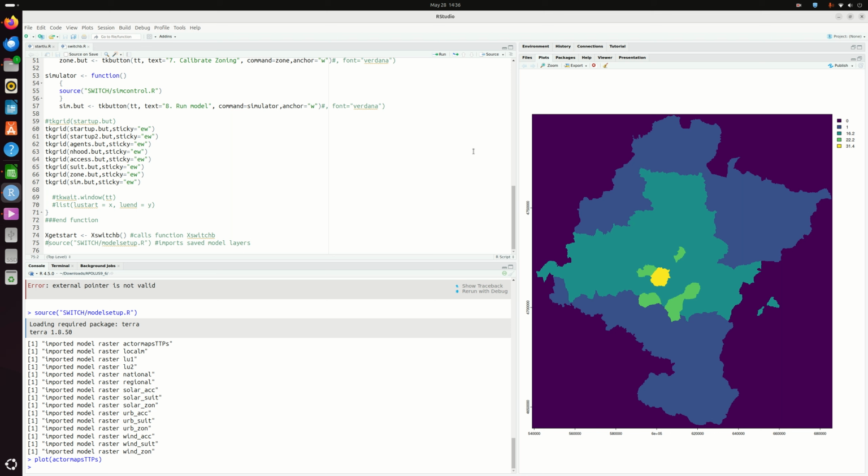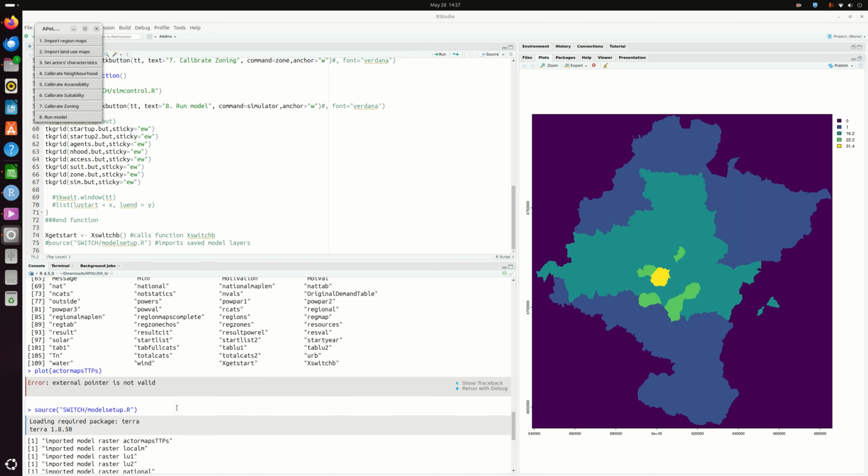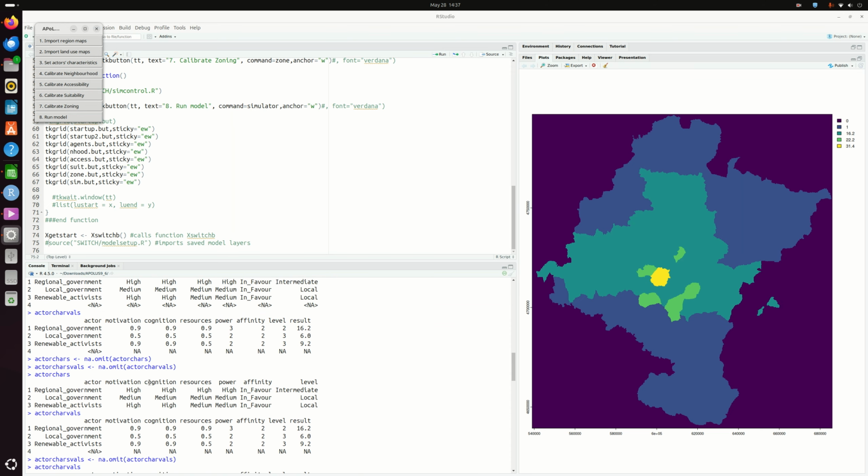Okay, welcome back. So now I'm going to talk about how to calibrate the neighbourhood. The neighbourhood is really at the core of the model. So let's just bring the switchboard back in. If you remember, if we've crashed out of it, we can load that stuff in from the settings using that script there. The switch model setup will bring in our raster maps and our